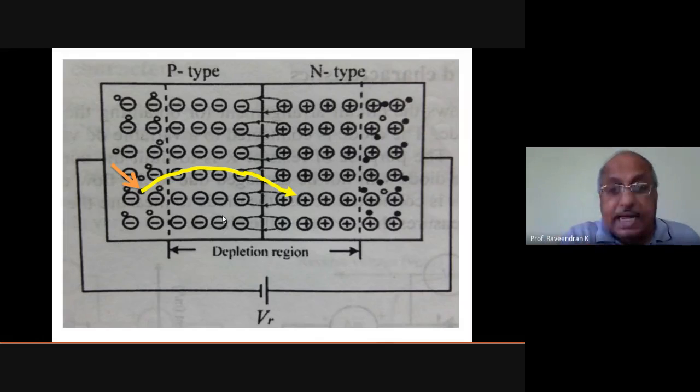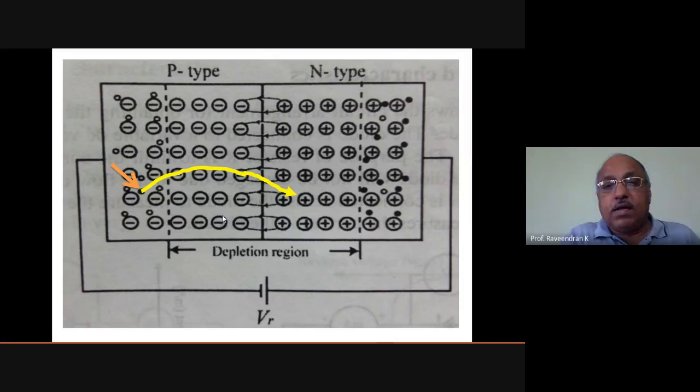So in that case, the diode conducts current through it. In the reverse biased condition, there is no current flow through the diode. In the forward biased condition, there is a current flow through the diode. So this property of the PN junction is